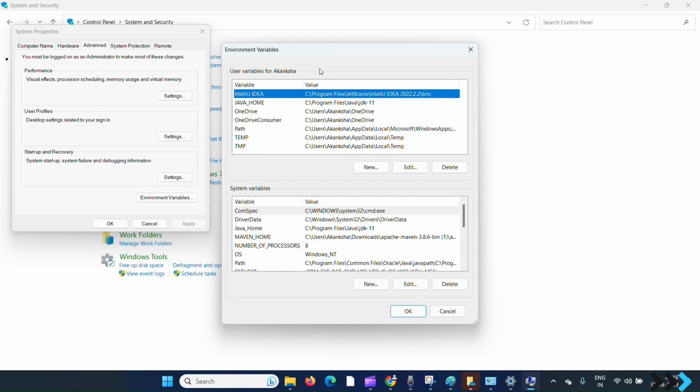I'm going to use Eclipse and I want to do automation. So for that